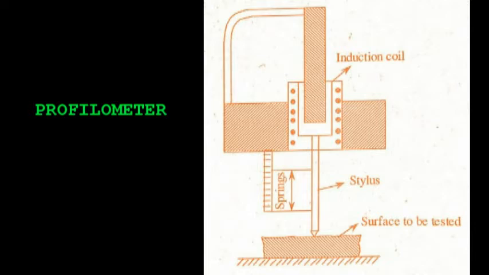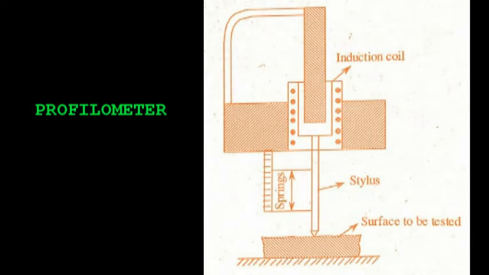I hope everyone understands the profilometer. Once again, it is an indicating and recording instrument used to measure roughness, and the principle is like a gramophone pickup. That means it consists of two principal units, a tracer and an amplifier. The tracer is a finely pointed stylus or probe, and it is mounted in the pickup unit.